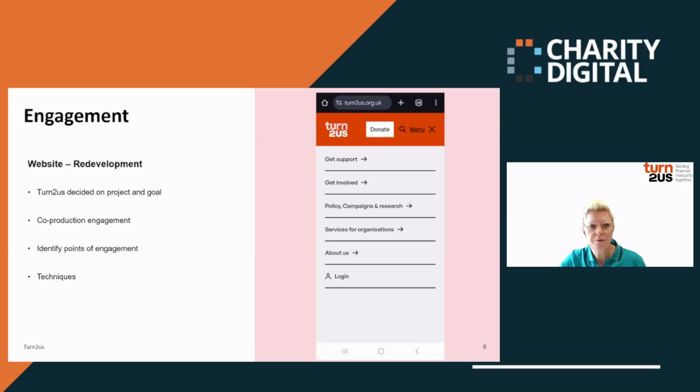So we identified key points of engagement where we want to engage co-production partners. So this included information architecture, menu structure, menu page names, labels, templates, user journeys, things like that. And the techniques we used were ones that you are all familiar with. So card sorting, group sessions, one-to-one interviews, journey mapping. And then the learnings from this engagement, taking alongside all the other research analysis that we've been doing on the